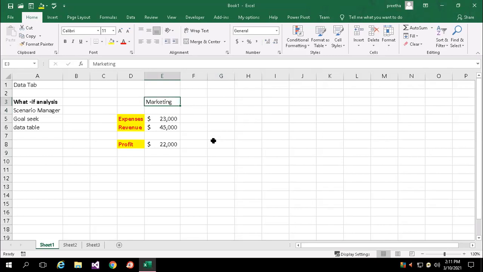Like that, I wanted to compare, or pass different revenue and expenses for different departments, or in other words, I wanted to analyze various departments. If this is the revenue, this is the expenses, what could be the profit? So there are various levels you can analyze. Now the simple one, for the same set of data, if I have different values, I want to analyze and view it. Now we'll go to the data tab.